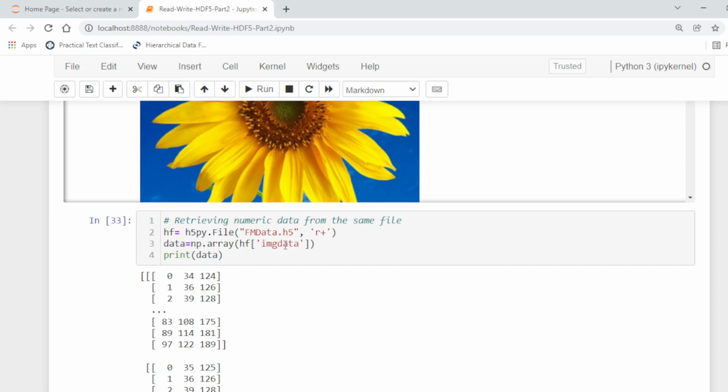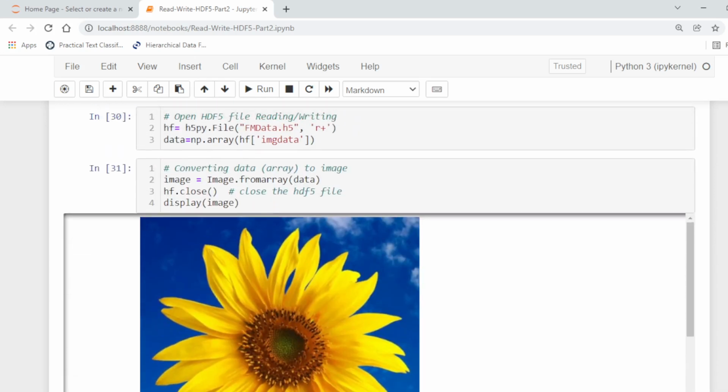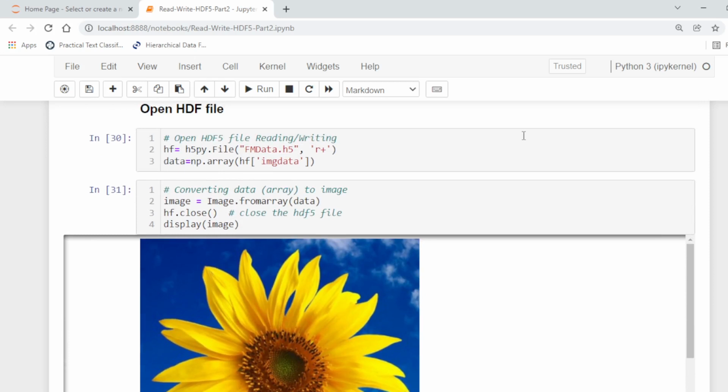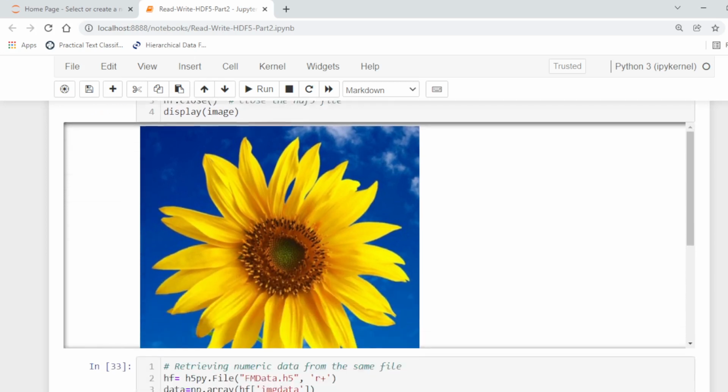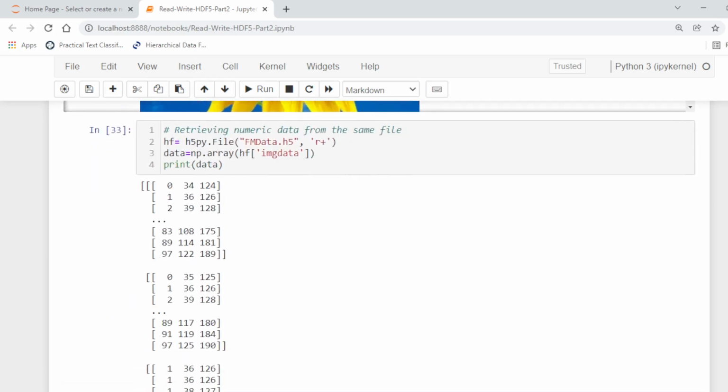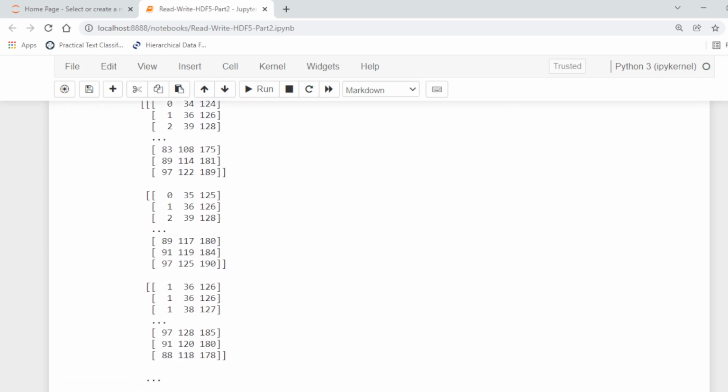If we convert this into an image like in the above code, from array to image, we can display the image like this one. So actually this is a three-dimensional array in which there are three channels, one channel for each color.